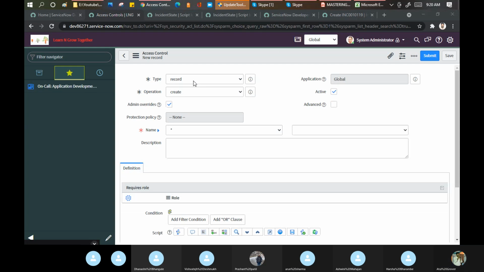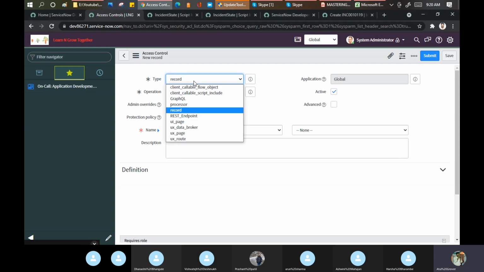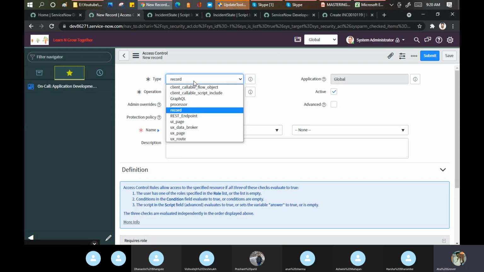Okay. Type means where you want to put your ACL. Generally, either we go for the record, or the UI pages, or these other things. Mainly we go for the record level. Believe me, very true on that part. I have no idea about all these five or six.